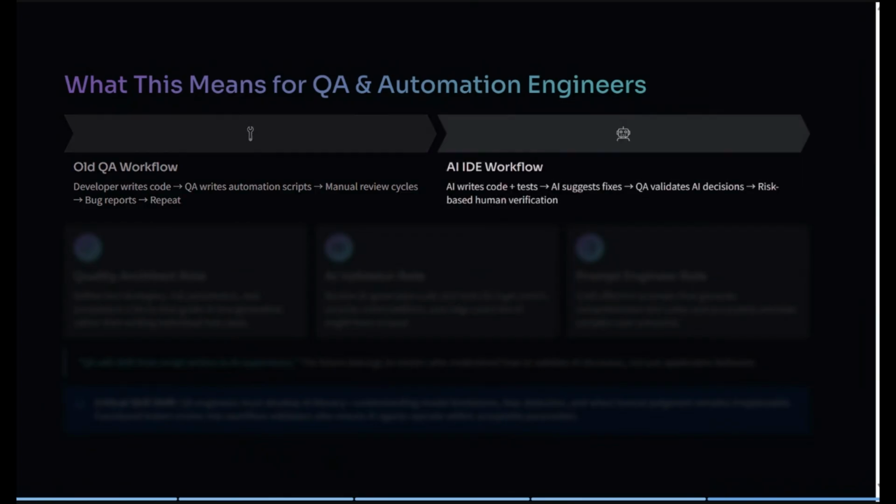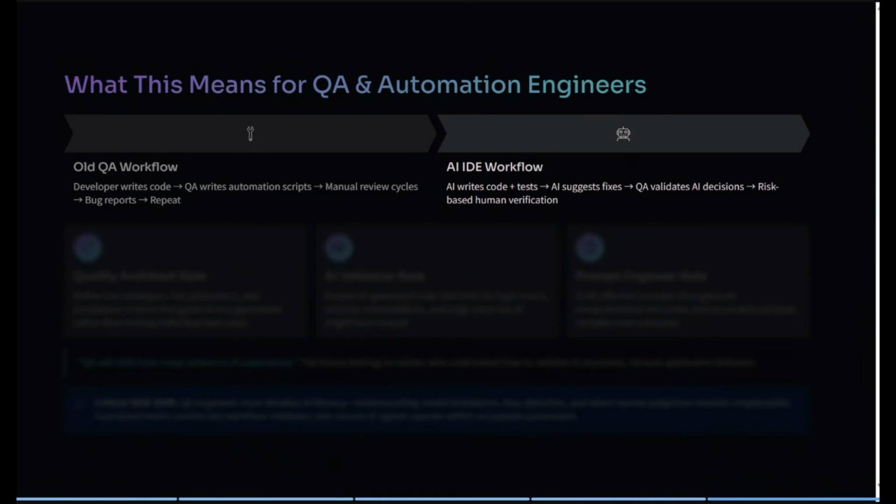Now in the current scenario with the AI IDE workflow, AI writes the code and the test as well. AI suggests fixes by itself, autonomously. QA validates the AI decision. QA engineers need to validate whether the steps taken by the AI IDE are as per the requirement.